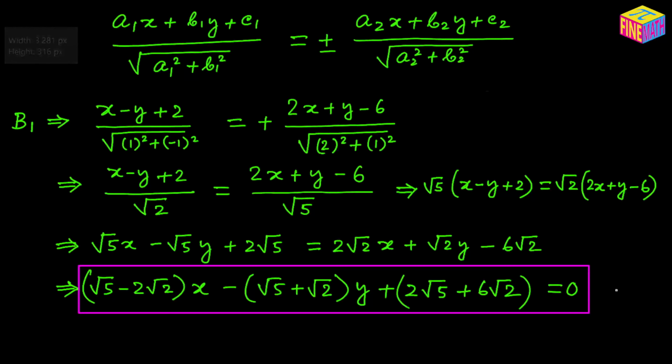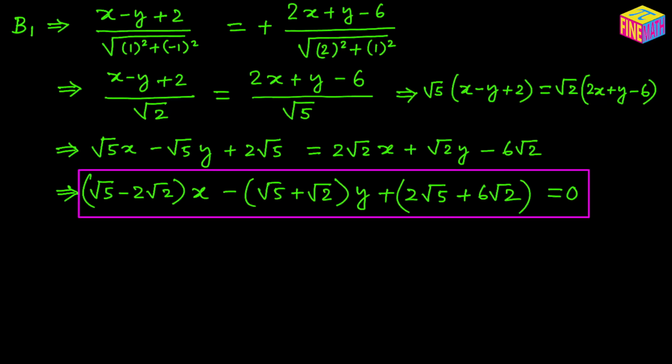And then we are going to calculate the equation of the other bisector. So let's quickly do that. For the equation of the other bisector, let me say this is b sub 2, that's the second bisector we are talking about. Then again it will be pretty much similar, we just have to take a minus sign on the right hand side. So that would be (x - y + 2) over, I am directly writing it as square root of 2 because you already know it is square root of 2, is equal to,